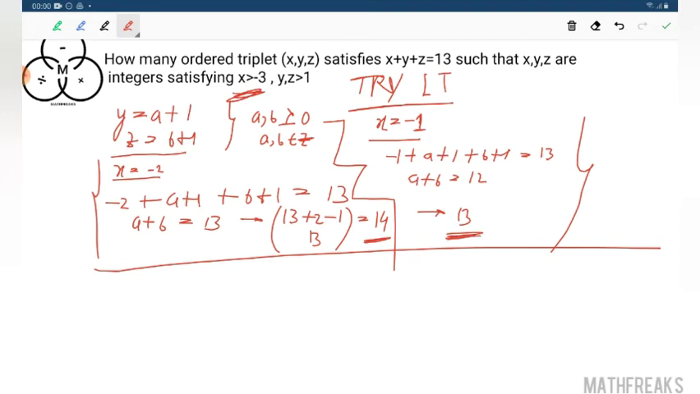So 13 and 14. Now simply x plus a plus 1 plus b plus 1 equals 13, because now x ranges from 0 to 13. Not 0 to 13, we are restricted to 11. x plus a plus b equals 11. The solution pairs are